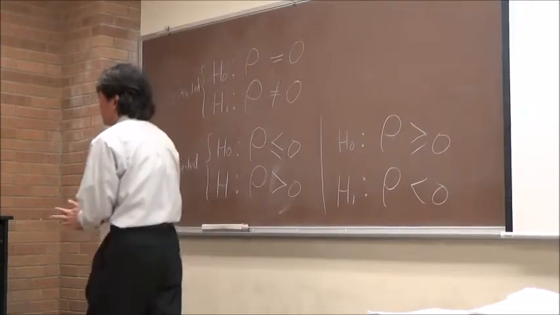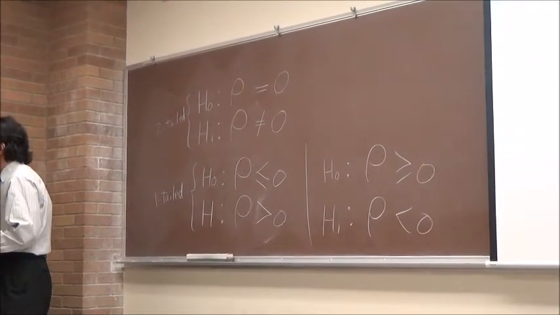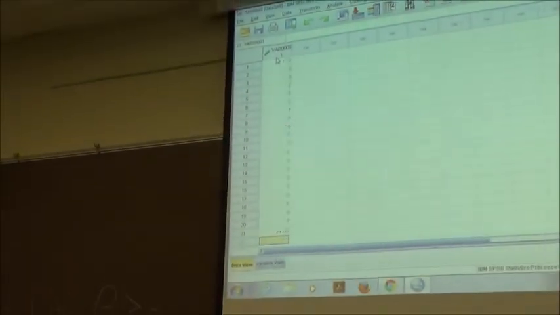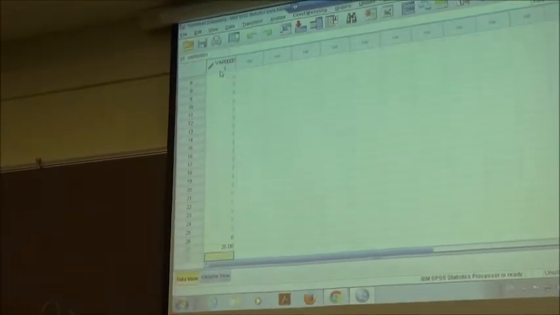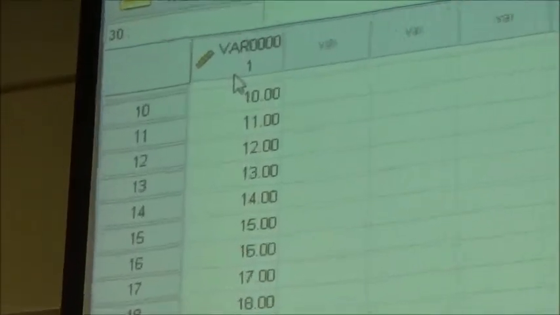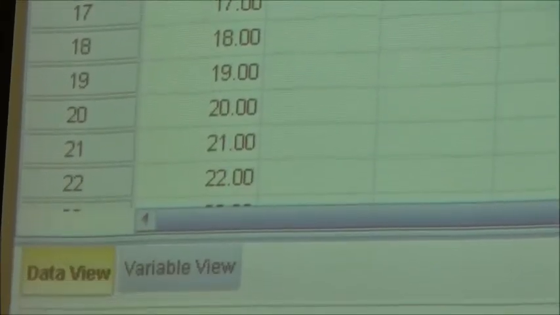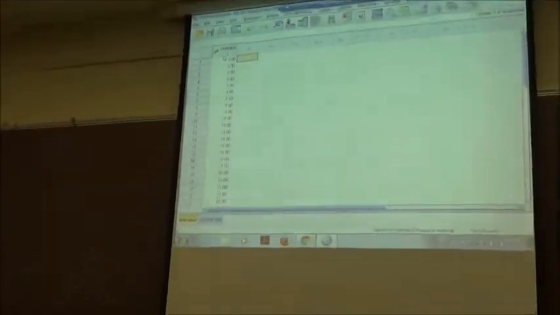Having said that, I'd like someone to come up here. How many people was that again? 30 people. So now Tabitha can enter the data.